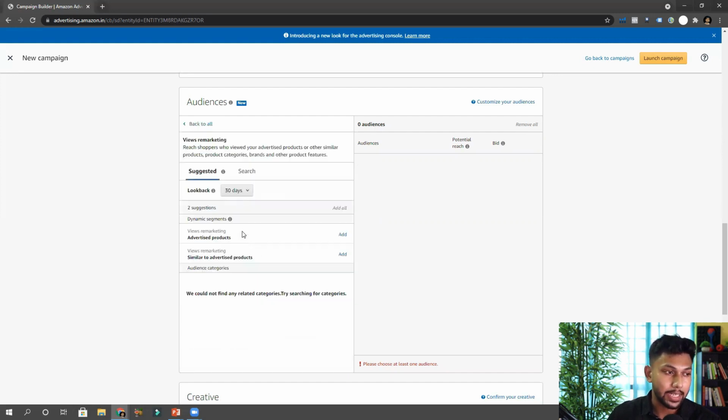in which you can target customers and choose the look back period up to 30 days. You can choose 7 days. Amazon will look back at how many customers visited in the last 7 days, last 14 days, last 30 days. You can select advertised product. That means customers who jumped on your listing in the last 7 days and haven't purchased. And similar to advertised product means customers who have jumped on your competitor's product similar to your product and